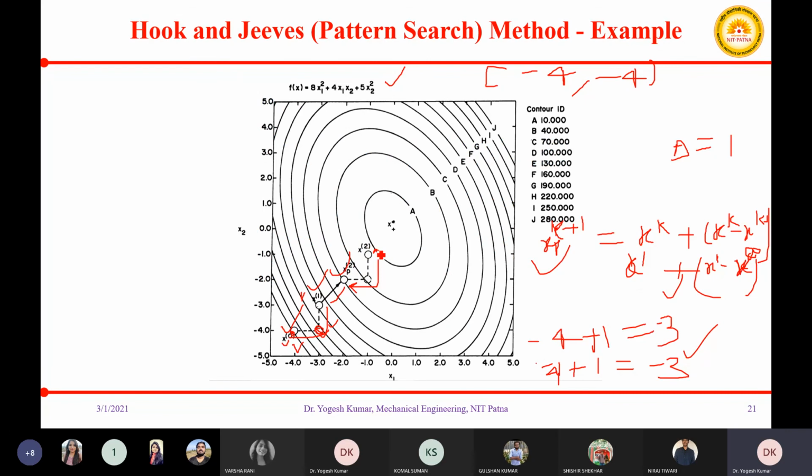So again we have performed exploratory search, and at that time your value of x2 is -1 comma -1, and we are checking the value at this new point, that is f(x2).